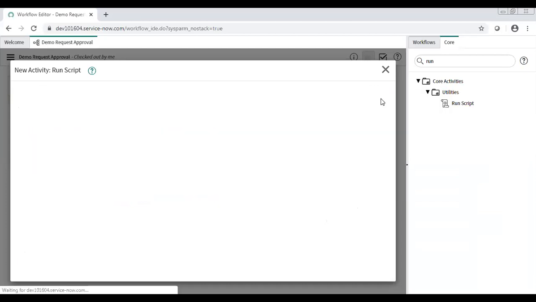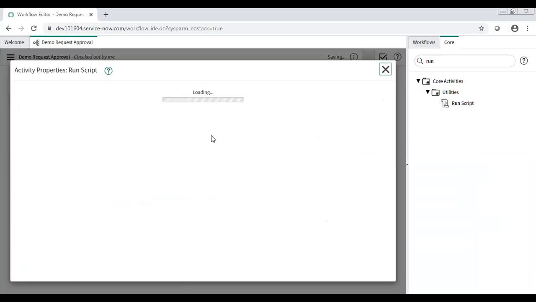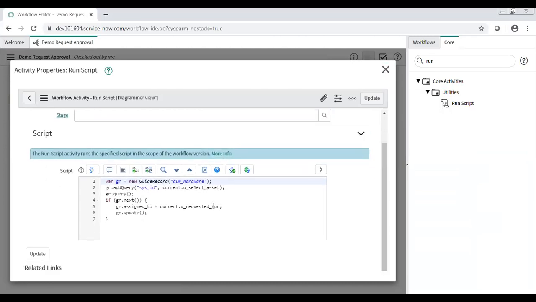But we'll have this. Can you open it once? Yeah. So instead of sys ID, we should have this u_select_asset, right, in the second row. No, that's what we have. We are saying this field exists on which table?